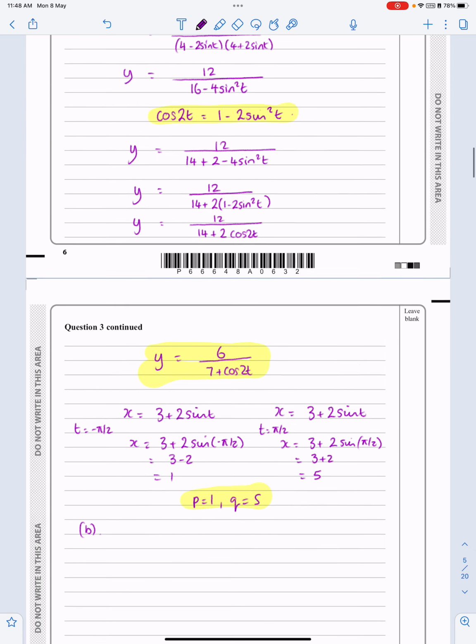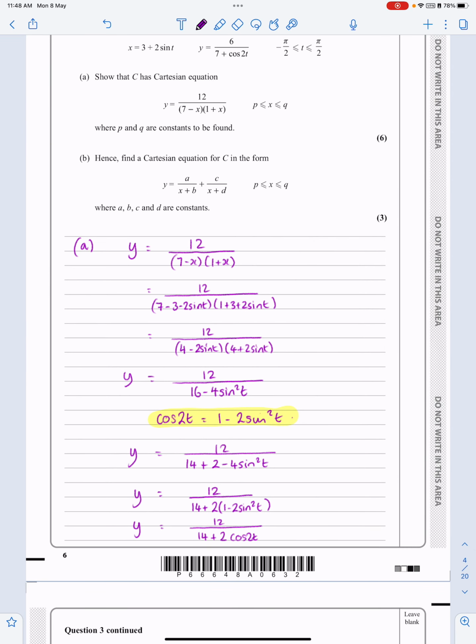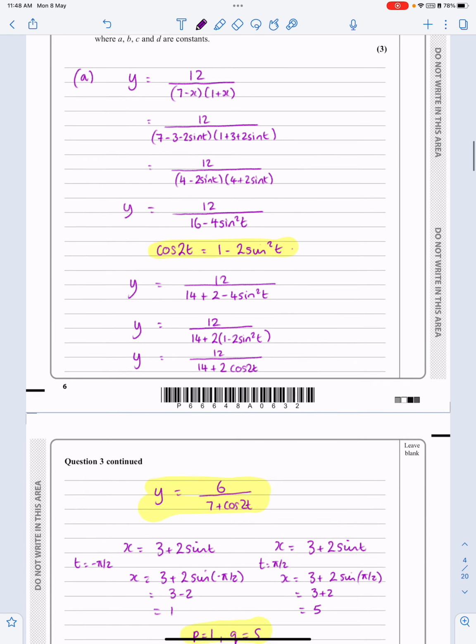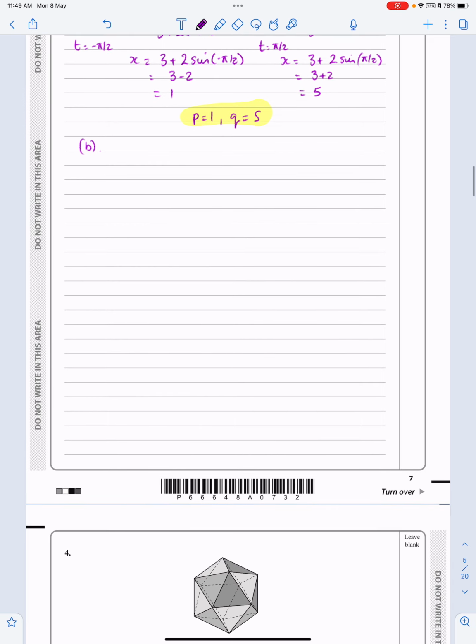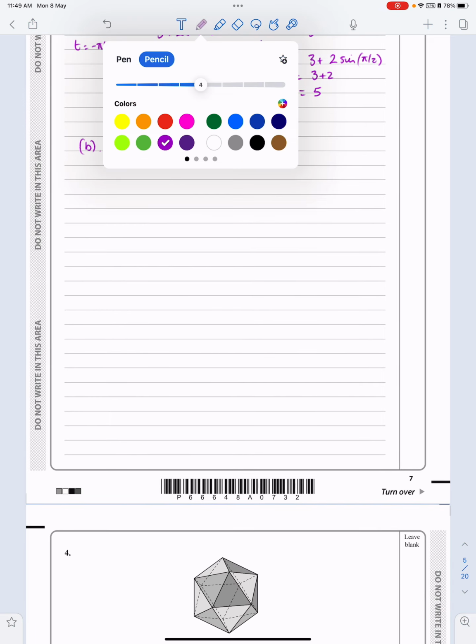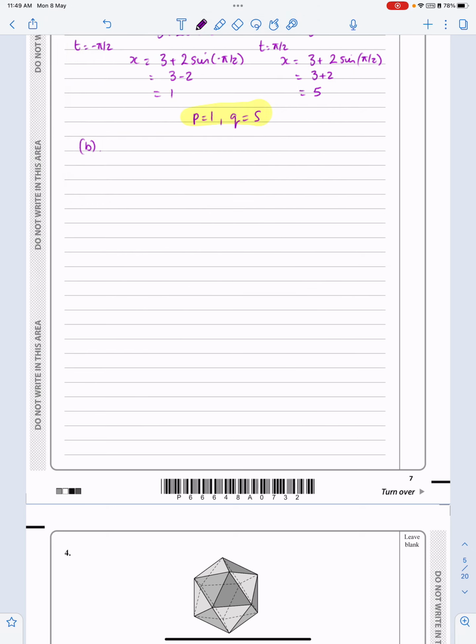So part B says, hence find the Cartesian equation in the form a over x plus b plus c over x plus d, where a, b, c and d are constants. So what they're really saying is, can I do partial fractions on that? So we've got y equals 12 over 7 minus x, 1 plus x, and what I want to do with that is change that into,